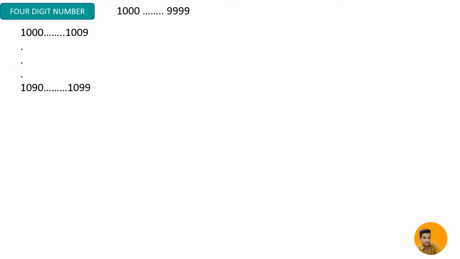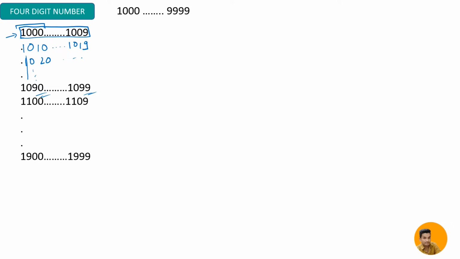This is 1000, 1009. Then you would have again a block of 1 going like this. That means 1010 to 1019, right? Then 1020 like this. So you will go up to 9, and you have 4. And how many blocks do you have? 10. If you analyze only this part I am analyzing, so you would have